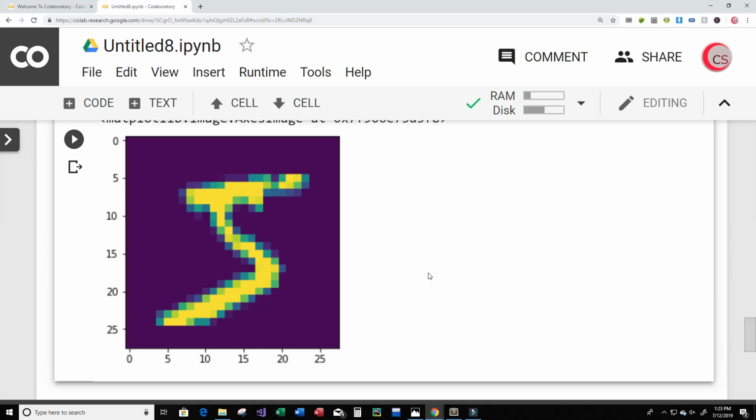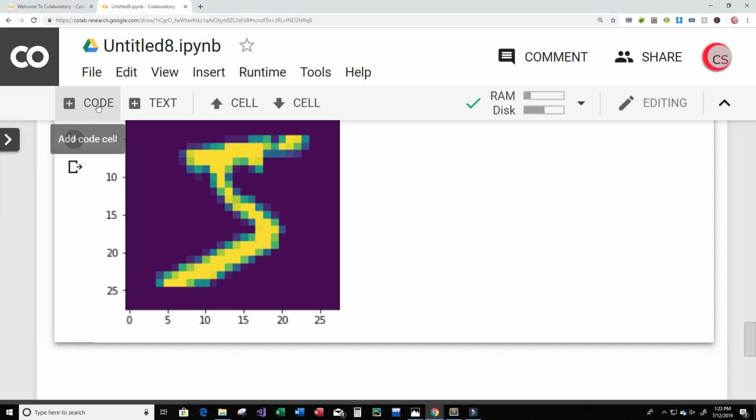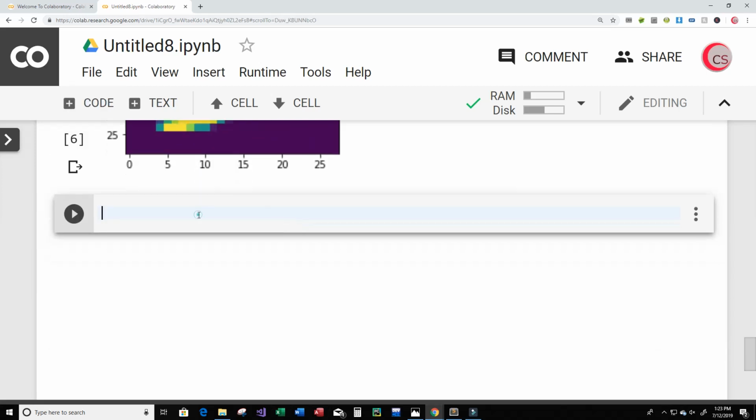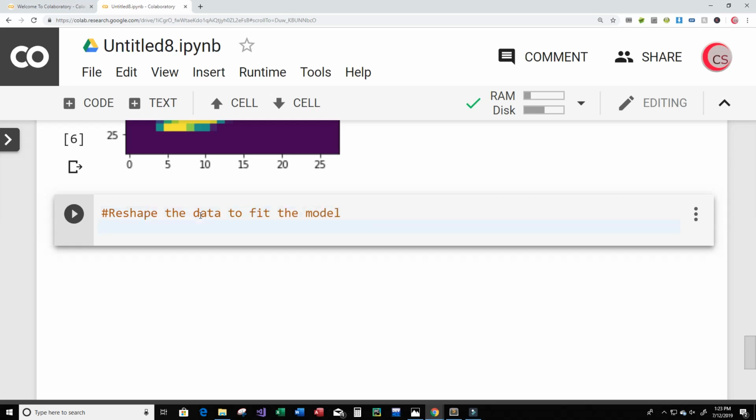All right. So now let's create a new cell where we're going to process the data, and we're going to reshape the data to fit the model. So here I put "reshape the data to fit the model." We're going to reshape the X data set, and again, that's the data set that contains x_train and x_test. So x_train is going to be equal to x_train.reshape, and it's going to become